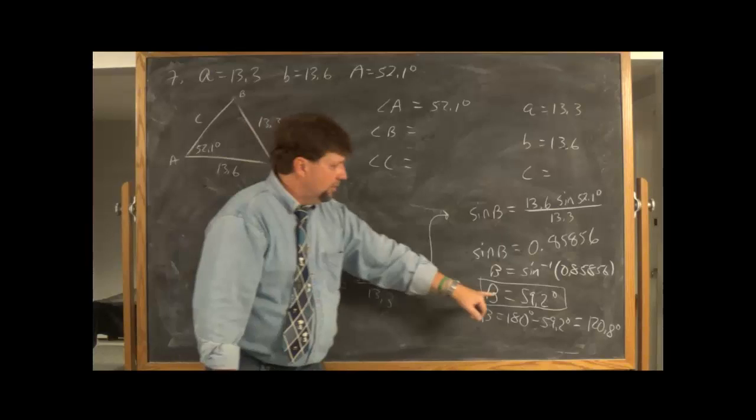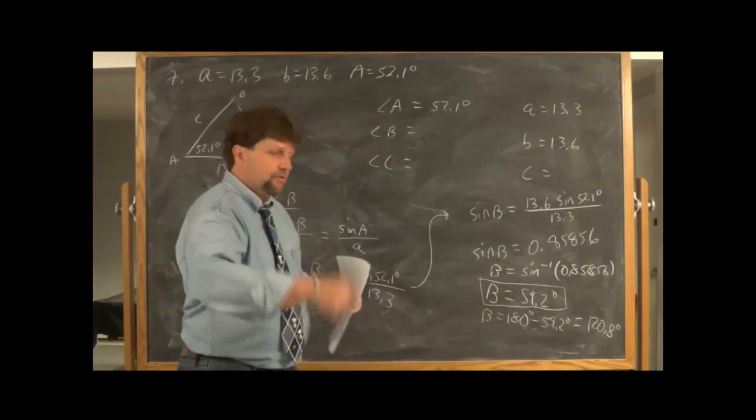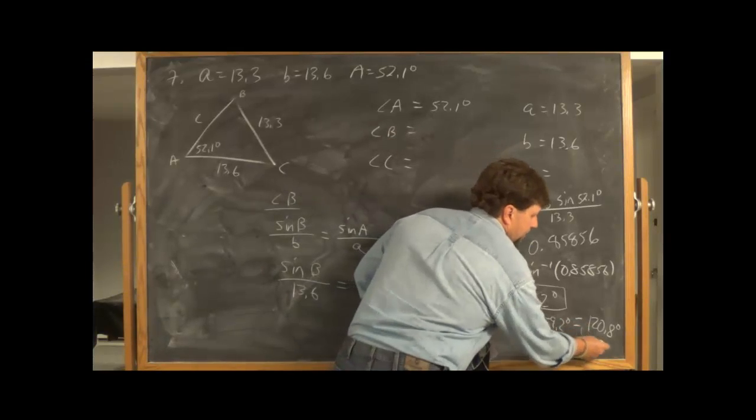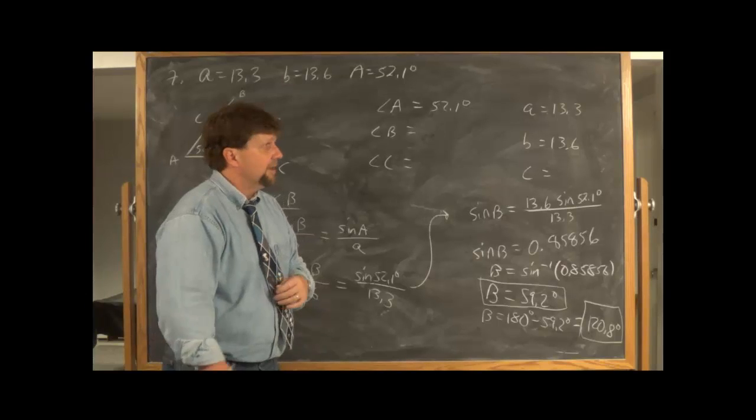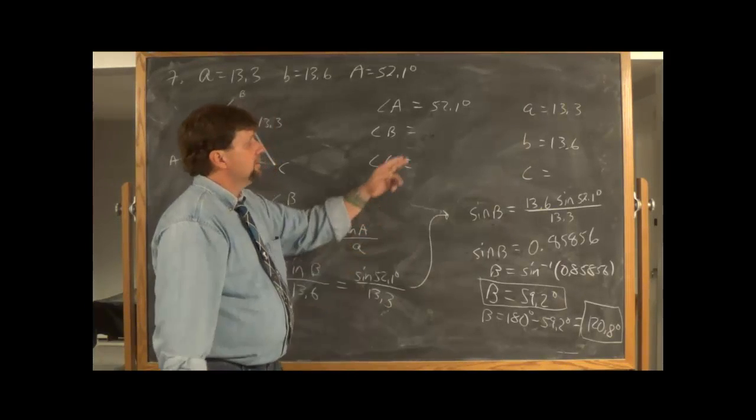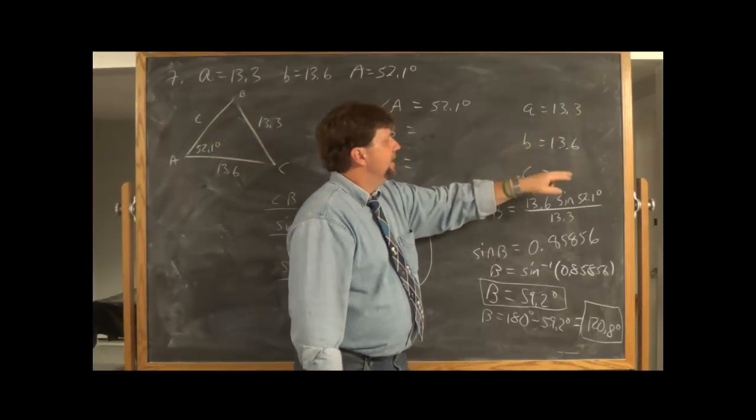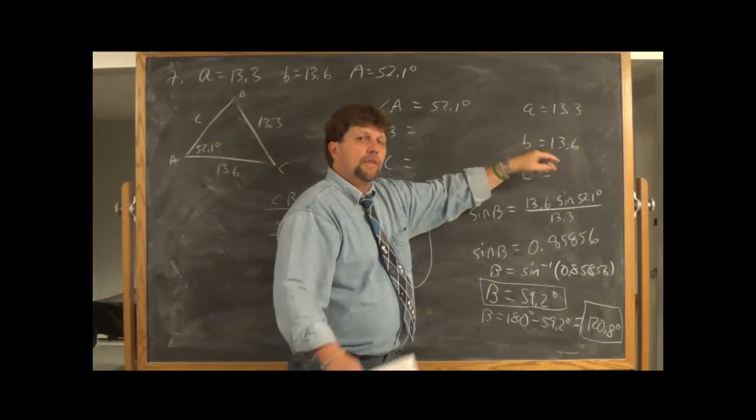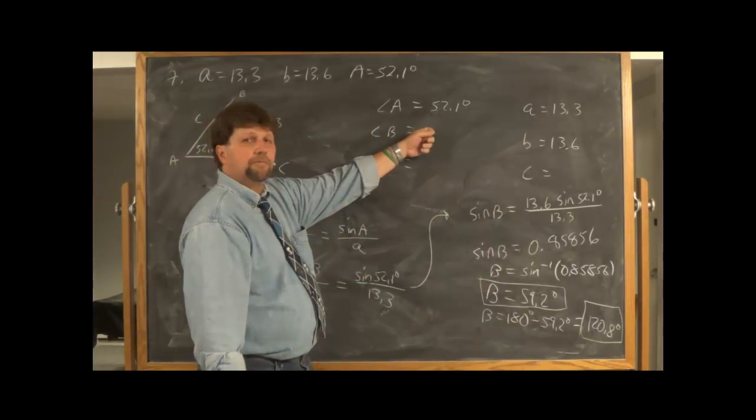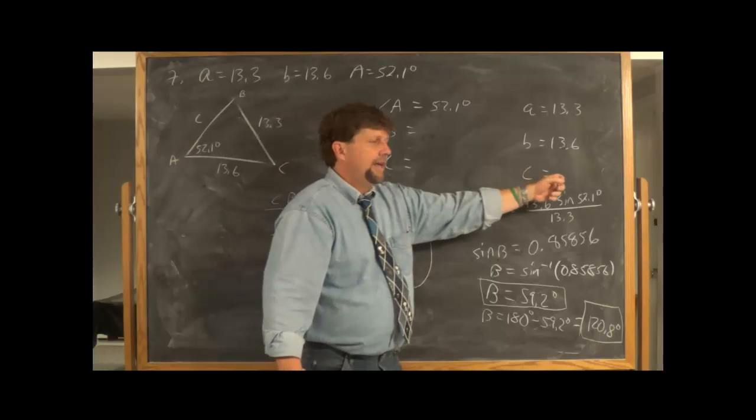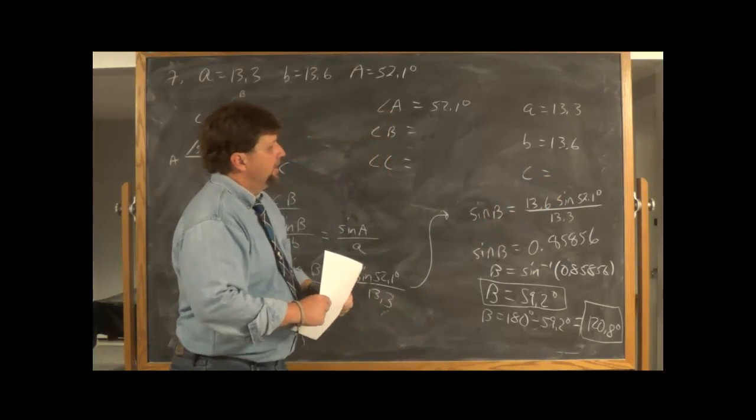Triangle number 1 would have that as an angle B, 59.2 degrees. Triangle 2 would have that as an angle B, 120.8 degrees. In both triangles, you would have the same angle A, the same side A, and the same side B. The only thing that would differ between the two triangles are angles B, C, and side C. So to recap,